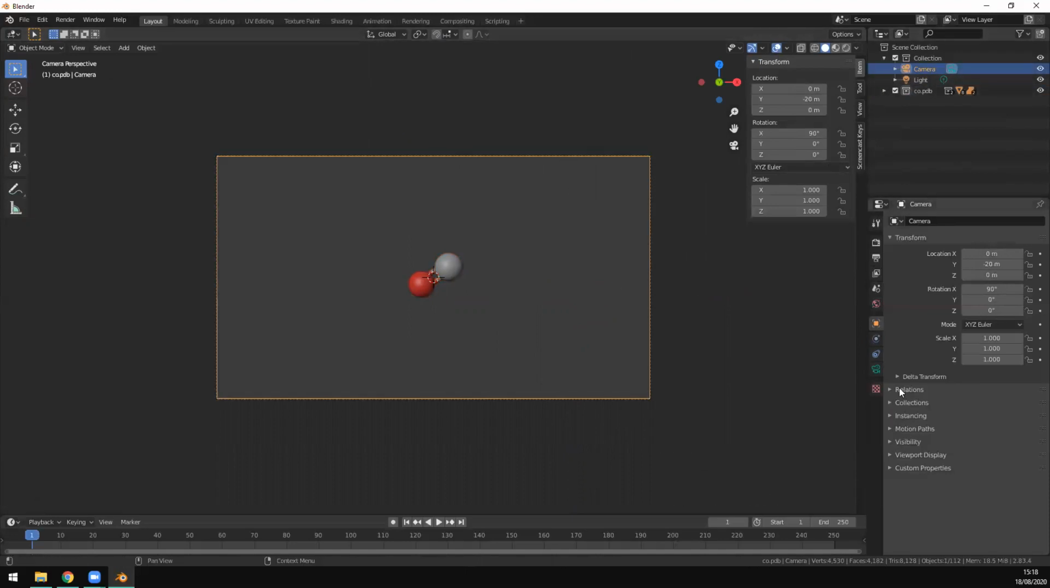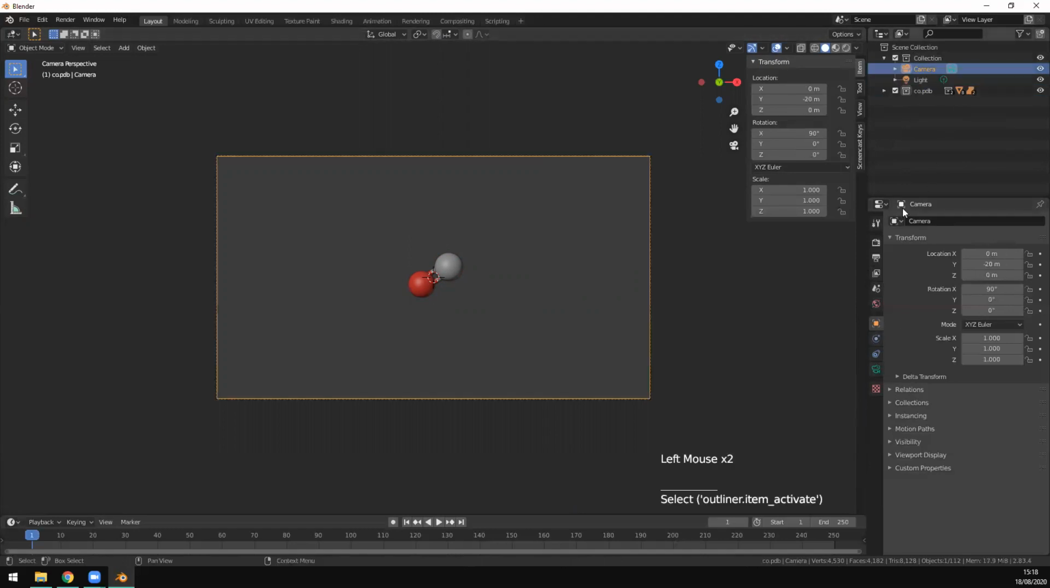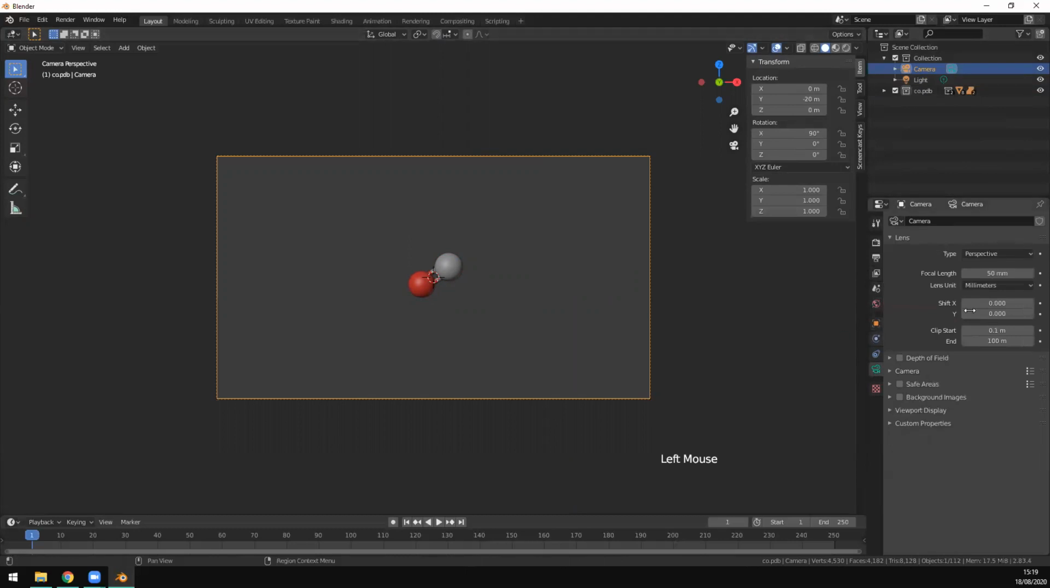So take note of this tab here. You see this little camera here. You see when you click to the light, you get a light bulb. When you click to the camera, you get this camera. So when you have the camera selected, click on this little camera, and it will show you a couple of settings which are basically the same settings that you would find on a real camera, a real physical camera